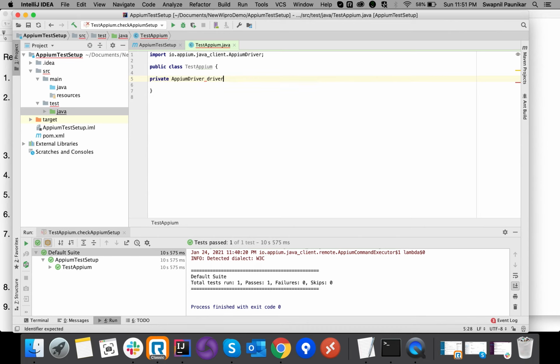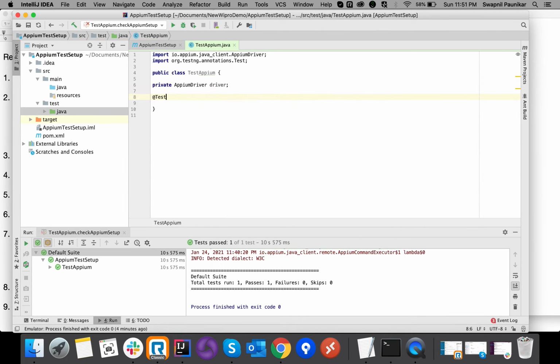I'll create one test case using @Test, which will be imported through the org.testng annotation. Here I'll create one method, public void APM test setup. We have to provide the basic capabilities to APM in order to launch the application on a device.